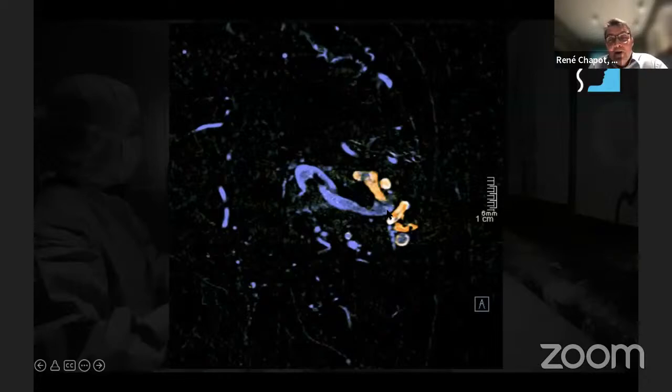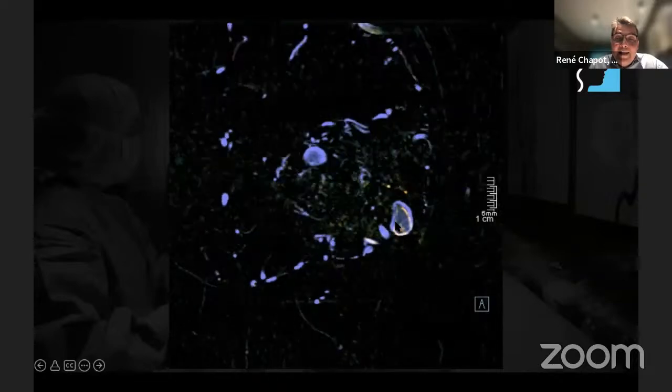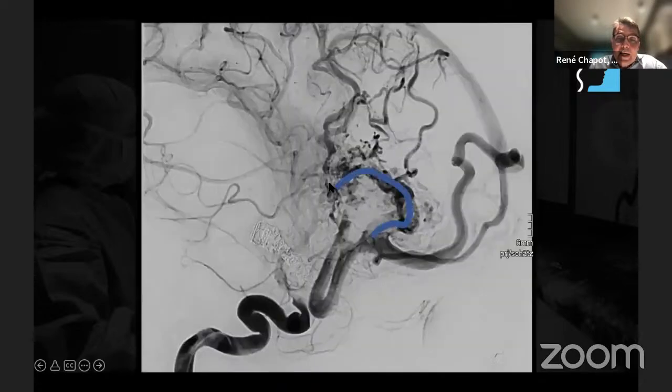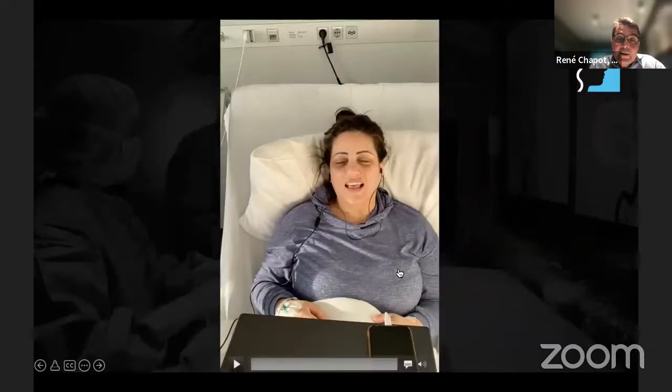And this is, in my opinion, the best way to understand it, by doing this kind of imaging that we've just been developing, and Siemens is about to take it over now. And this allowed us, in this patient, to first put catheters in those veins to treat two shunts before we occluded the last one where the microcatheter was in place. Here we see again the main outflow vein, which divides into secondary congestive veins. And the course where we were located was somewhere here, which is very downstream in the main outflow vein. And you see after treatment of this patient, this AVM was done, and the patient is...